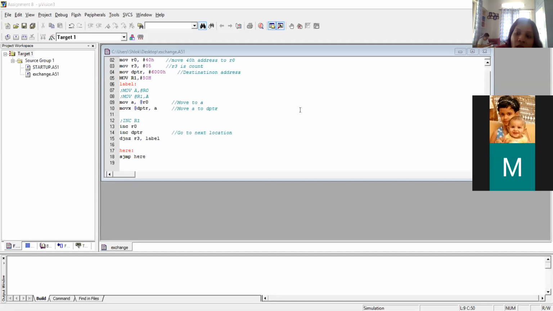In a simulator we write a program, create a hex file of that program, and burn that hex file on our 8051 kit. Because it's a serial port, the 8051 will transfer the characters given in our program to our terminal.